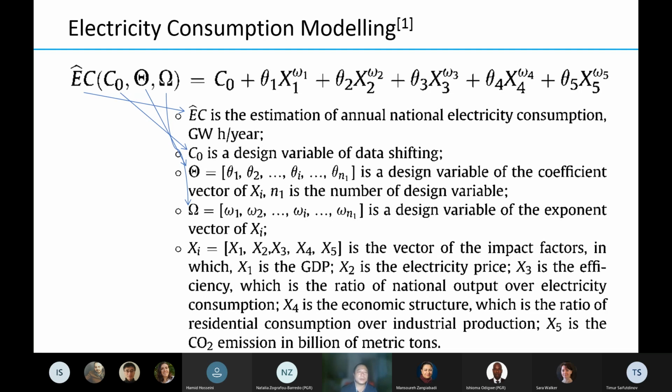EC is the estimation of annual national electricity consumption, so EC is electricity consumption. The right-hand side is the mathematical expression listed down here, controlled, as you can see, by a few parameters.